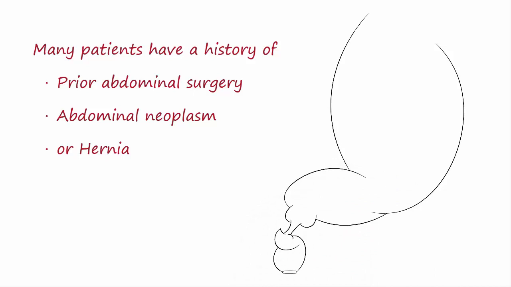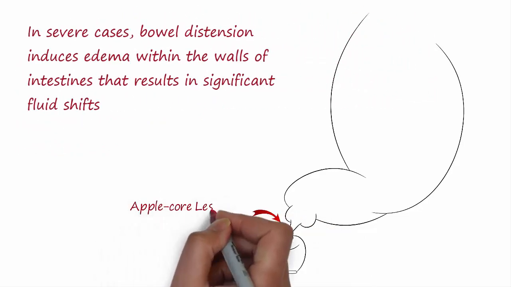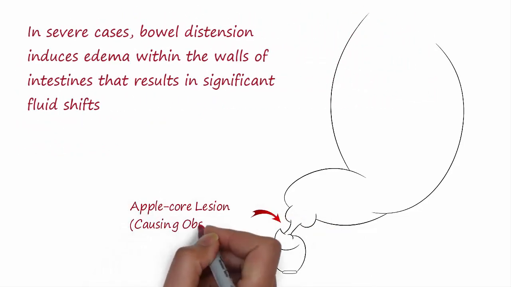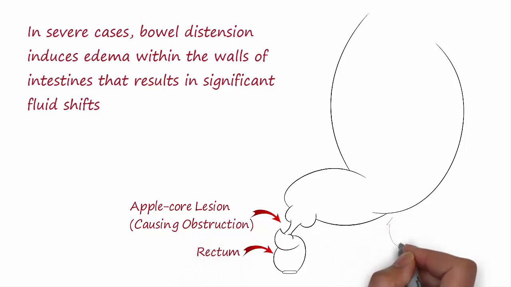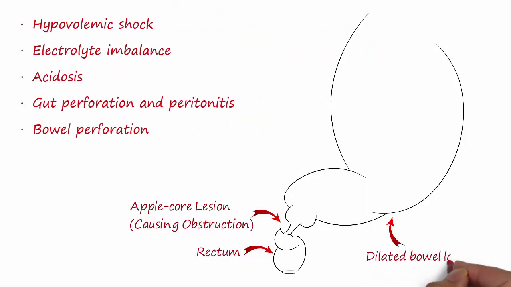Bowel dilatation causes increased secretions that causes accumulation of fluid in the proximal bowel and increases peristalsis. In severe cases, bowel distension induces edema within the walls of intestines that results in significant fluid shifts. This results in hypovolemic shock, electrolyte imbalance, acidosis, gut perforation, and peritonitis, bowel perforation, which may be due to increased